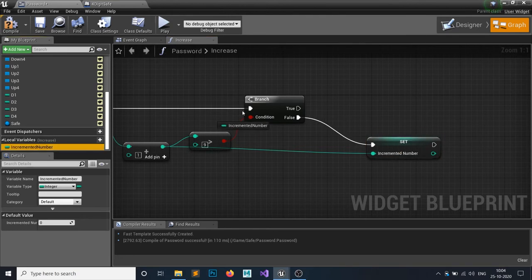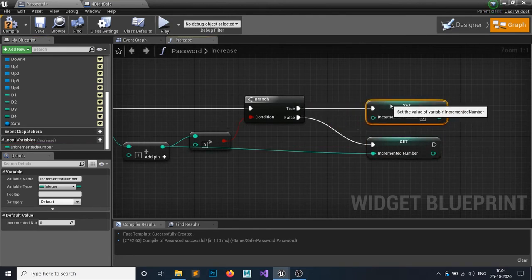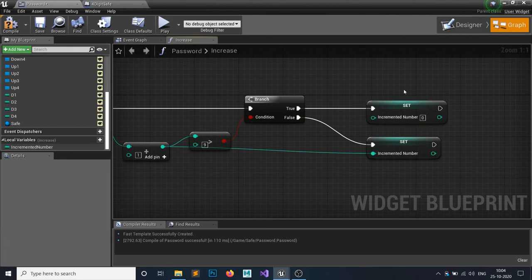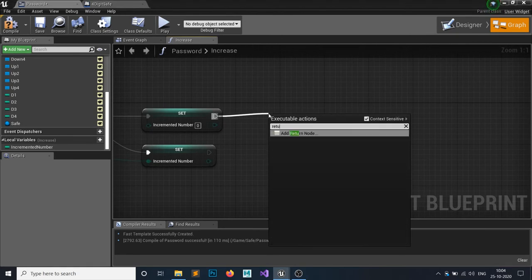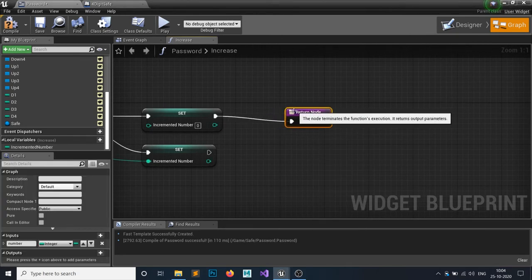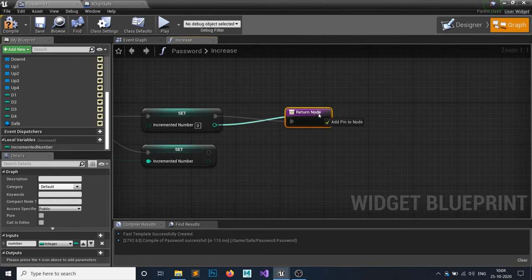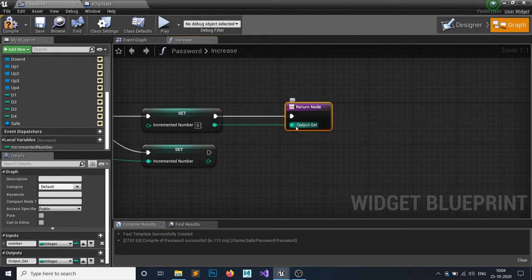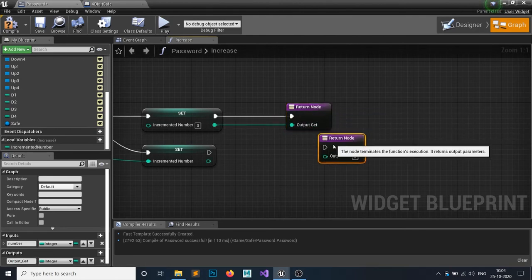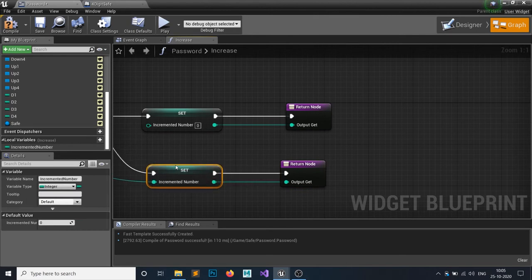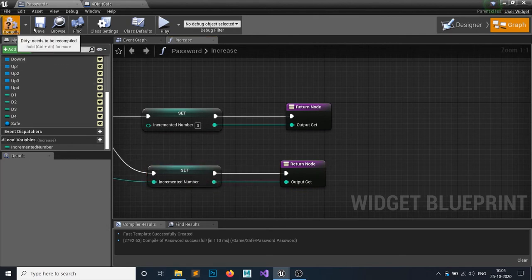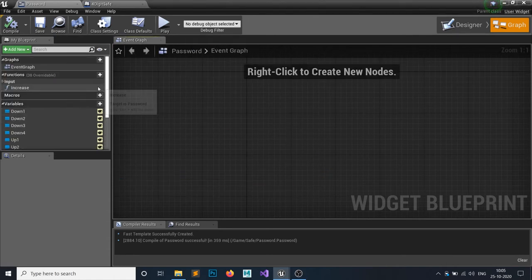Otherwise the incremented number should be 0, because if the number is greater than 9, then we want to set it back to 0, and then simply return a value. And if you just grab this node and attach it to here, you can see an output get. Just Ctrl W to duplicate this return node. Now for this one, we simply want to set it to here, the output, right? Okay, so same thing for the decrease.